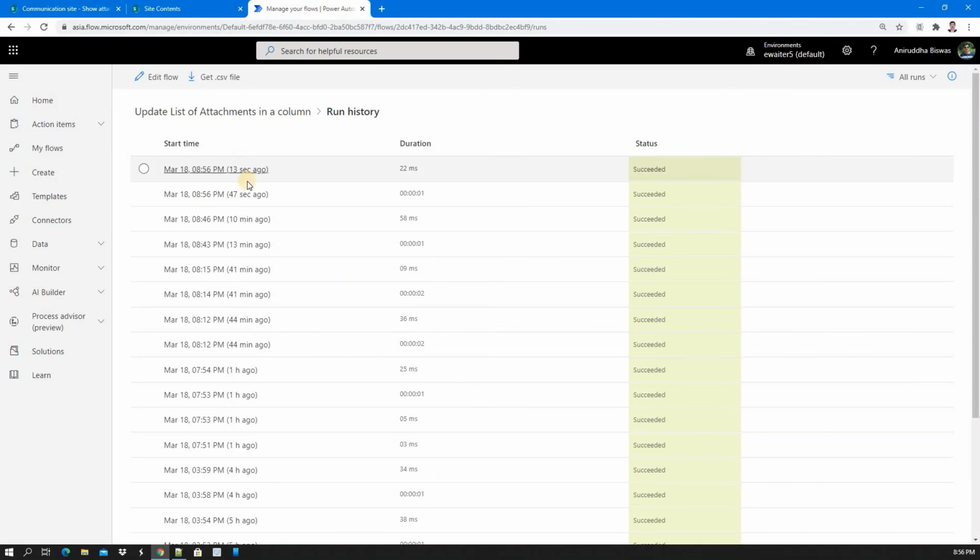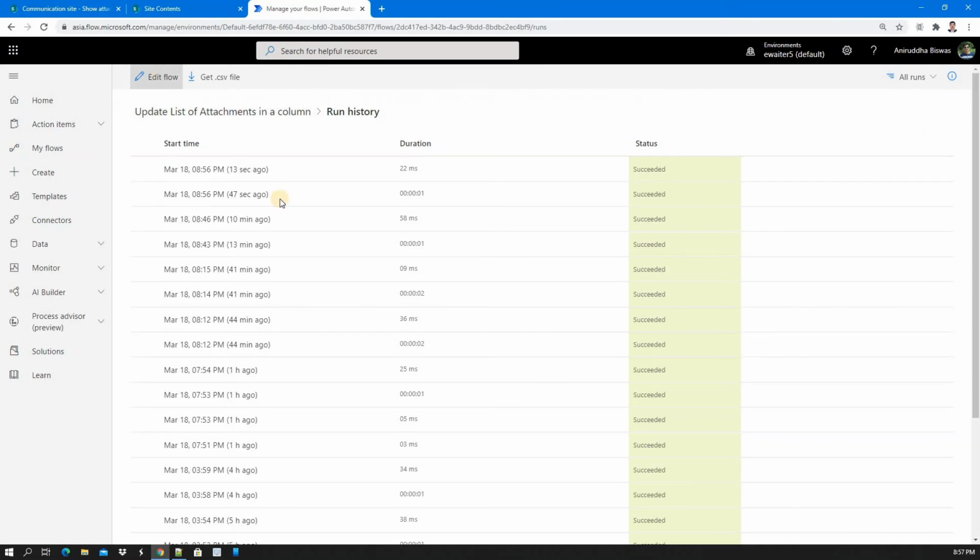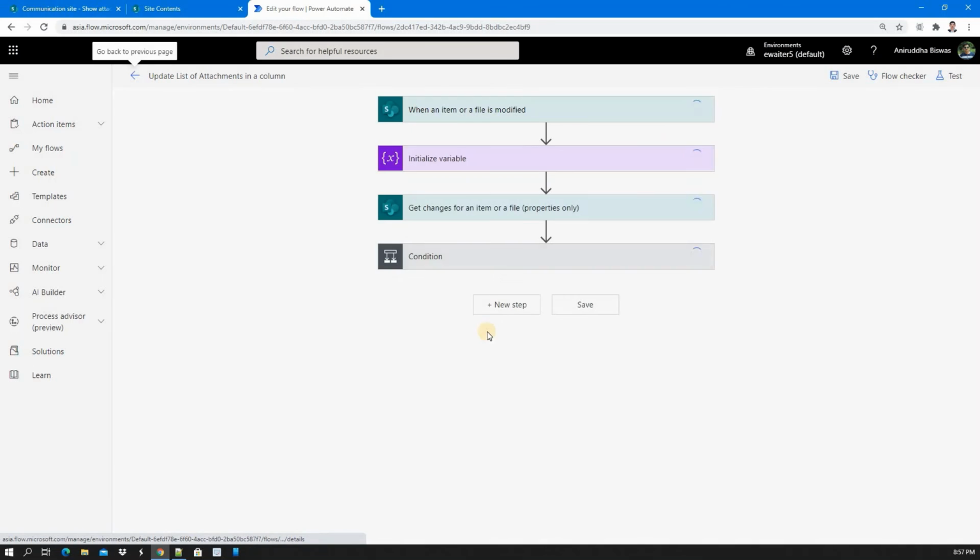Why is it happening? Why are there two flow runs, when a single flow run created all the list? As I said earlier, the first time the item gets triggered because you updated it with all the uploaded attachments.